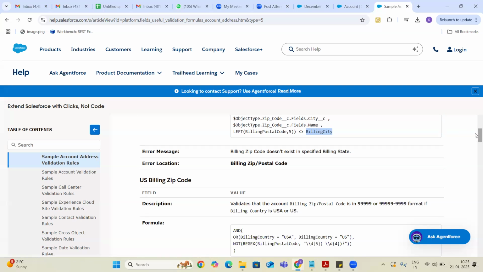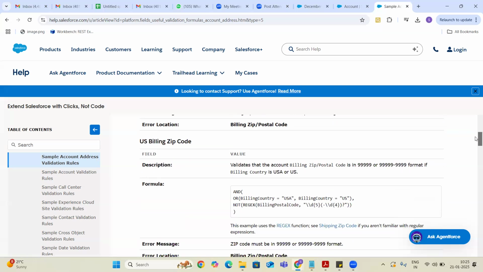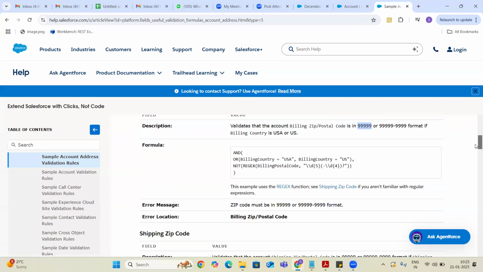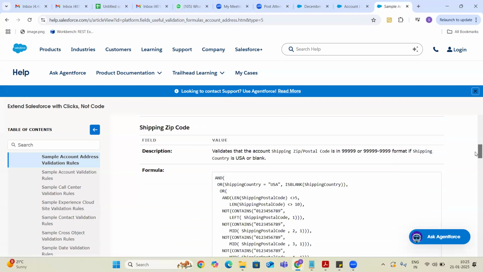And again another thing is something like that. There is a special zip code, guys. If this is going to be either this format or this format, like either 5 digit or 5 digit hyphen 4 digit format, in case of US, then it's again a regex. You can use it. I don't think there are any new functionalities that I can see here. So we can just skip that one. Okay. Then the next one is the shipping zip code.